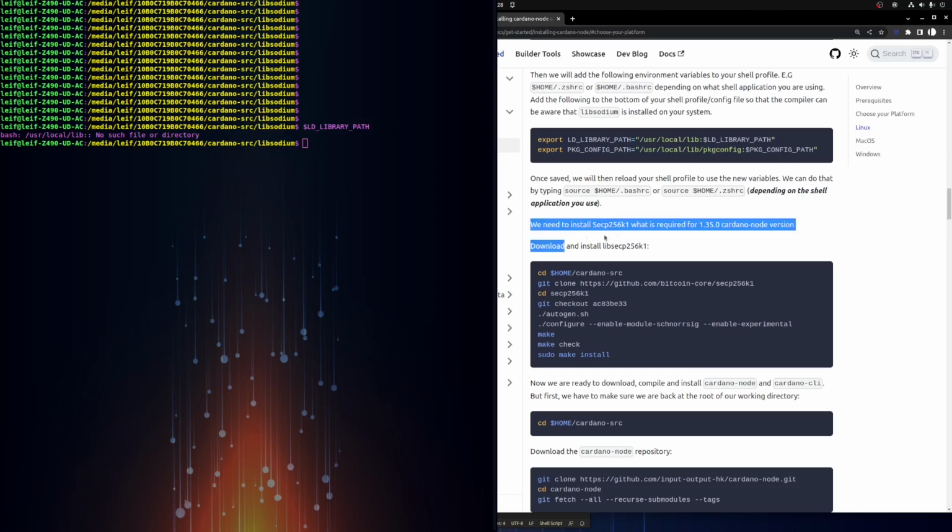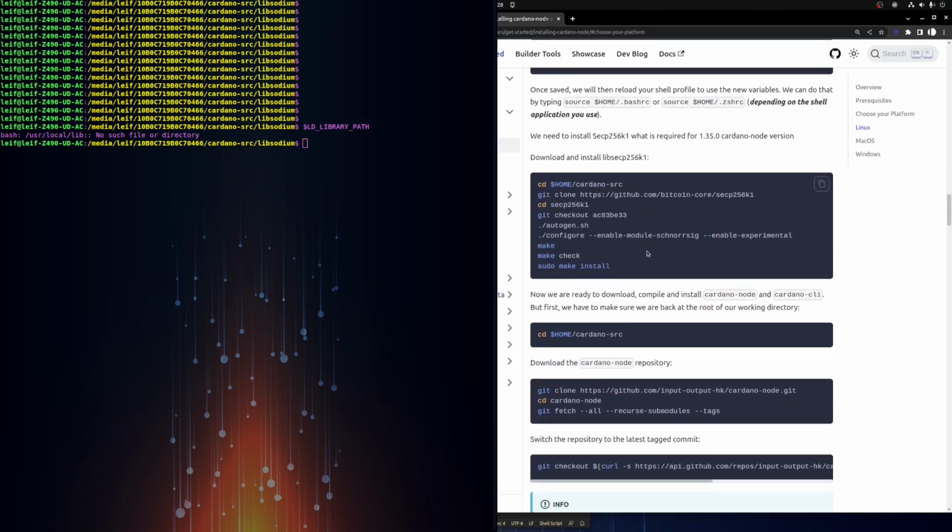Of course, this just returned no such file or directory. It doesn't exist yet, but as you can see, it returned the path that I set it to. So everything is good there. So now we need to